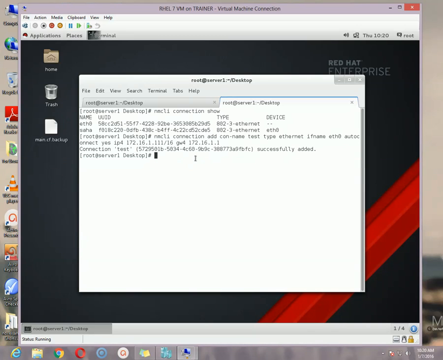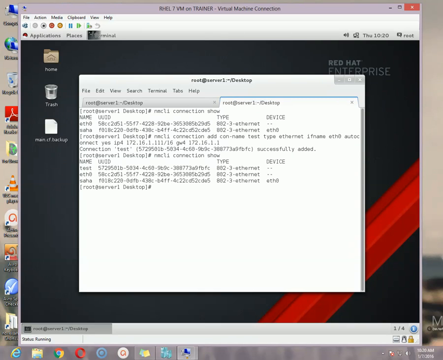If you want to see our connections once again, nmcli connection show. Now we can see a new connection is here, test. If we want to enable the new connection, you can use this command nmcli connection up and then connection name. Okay, so before making the test connection available,